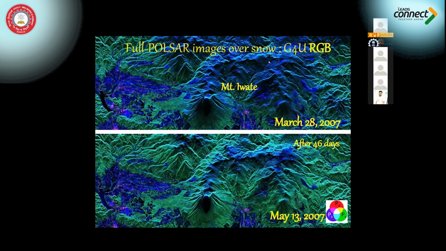In this area, all the blue area on Mount Iwate, the significant bluish area is wet snow. And after 46 days, when we took another image, we have a significant reduction in the snow. So we can also get how much snow is accumulated and its thickness. If we can get the snow water equivalent, it will be very good for various agencies, including irrigation purposes, the hydropower industry, okay, and